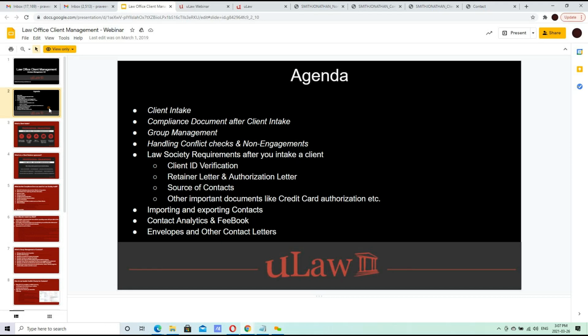What we've covered is walking through that client intake process, the importance of it, the different ways in which you can do that, understanding the compliance set of documents that go behind that client intake process, the responsibility that you have as a legal practitioner or a firm to bring a logical closure both to a non-engagement ghost client, client